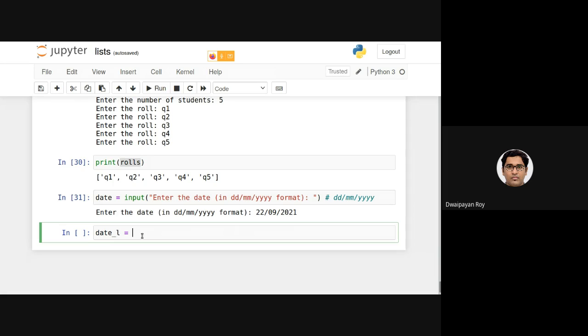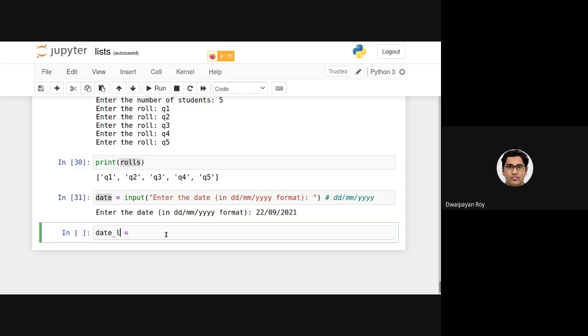It's for my convenience. Usually if I'm declaring one list having the same name, I prefer giving this underscore L. As there is already a variable named date, that's why I'm specifying date underscore L, which indicates that this date will be a list.